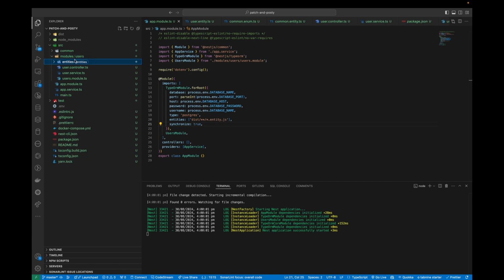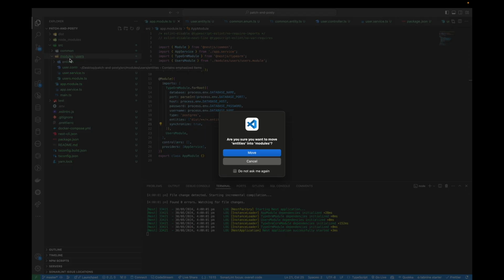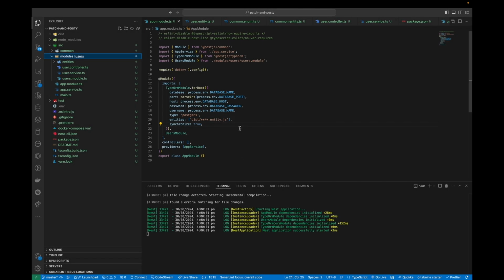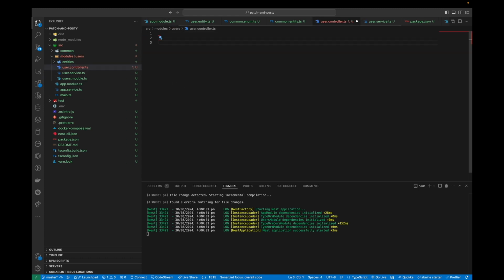Oops, let's just move this up into users. Got it. Modules, users. Sorry about that. So we got the project set up. Now we just write a few controllers for our users so we can try to write